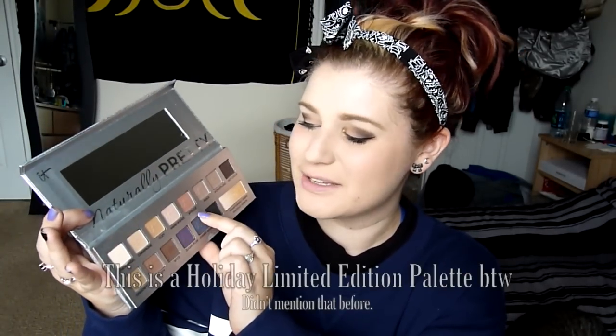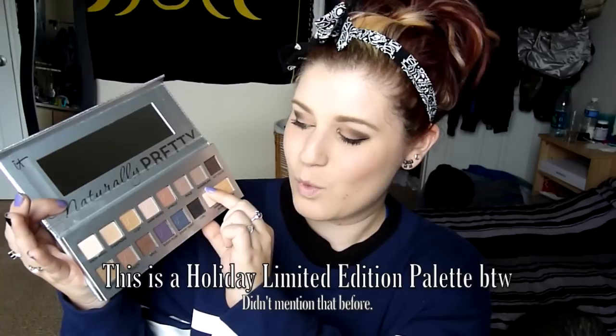I love the names. You've got Snow Angel, Champagne, Cozy, Warm Wishes, Miracle, Peace, Wonderland, Hot Cocoa, Gingerbread, Toasty, Spice, Sugar Plum, Starry Night, Coal, and Transforming Ombre Radiance Ribbon. The names are super precious. I just love that. This palette was $42, as I mentioned earlier, which I feel like is really not that much for 15 shades,